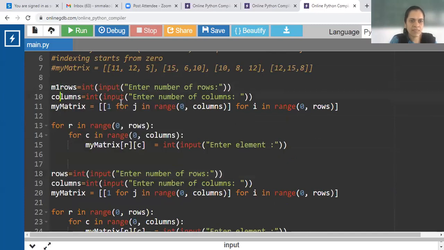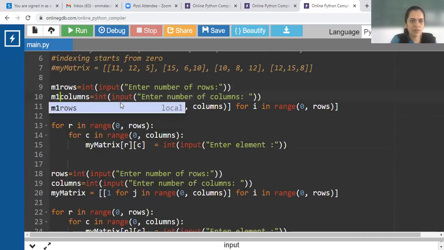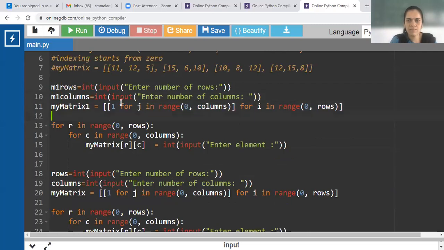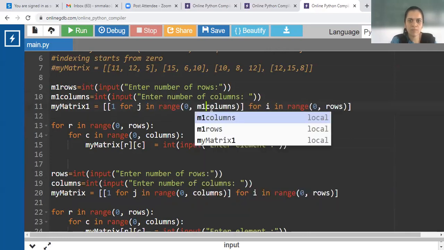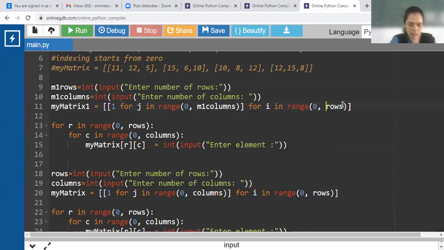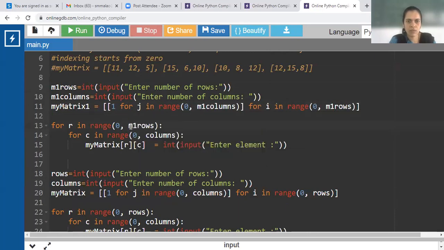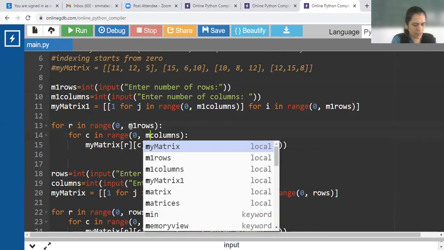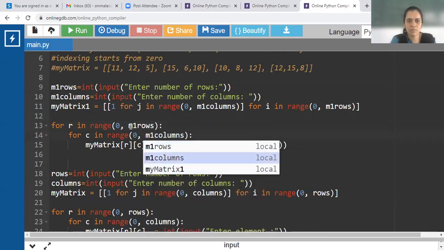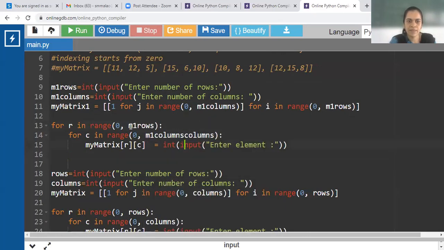So I will name them M1 rows, M1 columns, and my matrix 1.